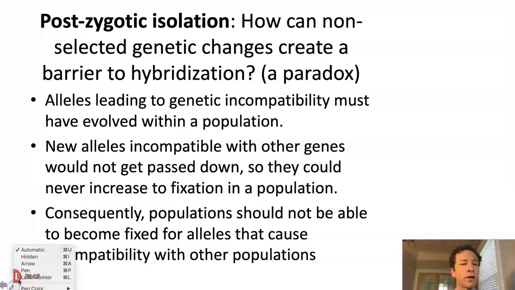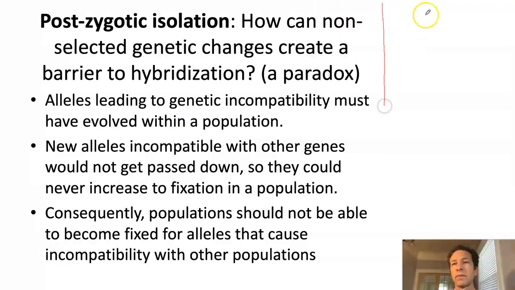So now we need to move on and talk about post-zygotic barriers to hybridization. So one post-zygotic barrier, before we get to the slide, let's just talk a little bit. One post-zygotic barrier is that hybrids might simply be less fit. If we imagine plants growing on a mountainside and we have the upper population and the lower population, if the upper population has traits good for this high elevation and the lower one has traits good for this low elevation,